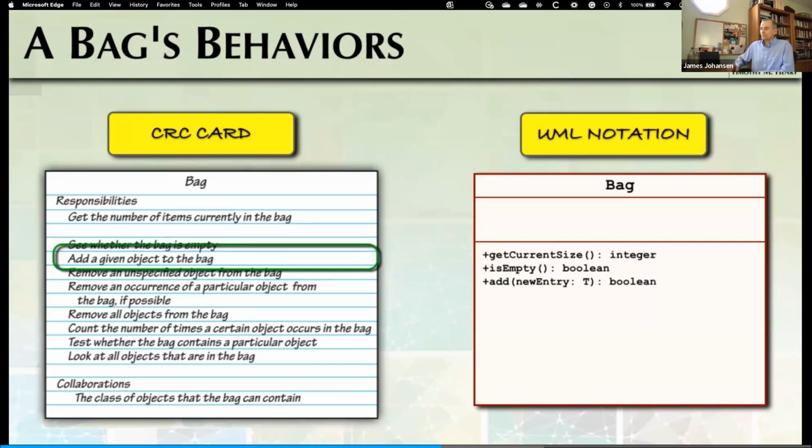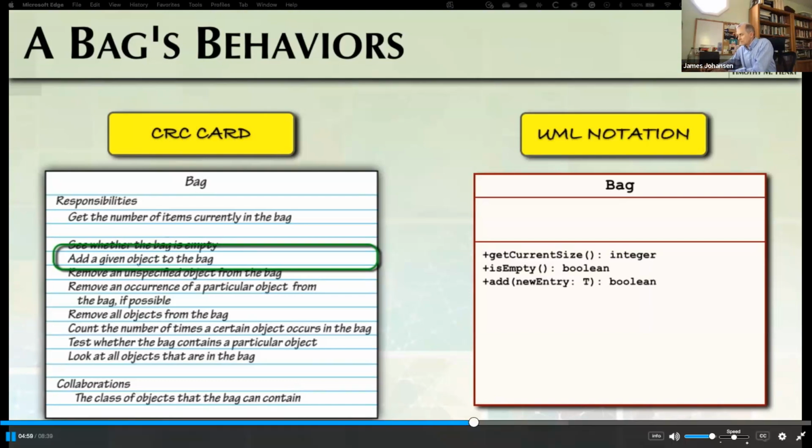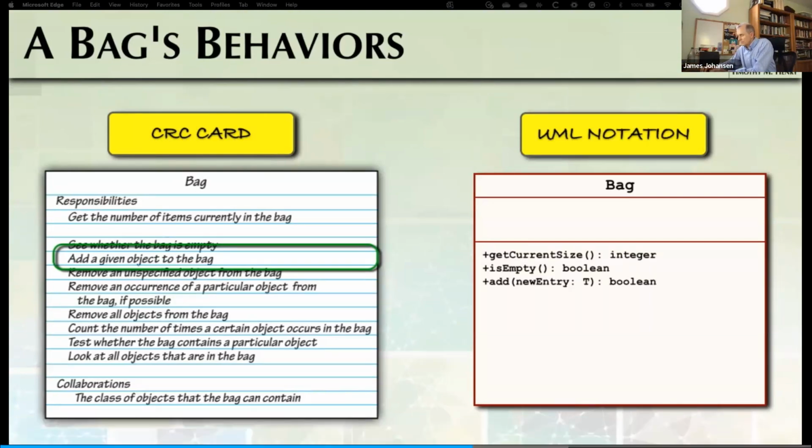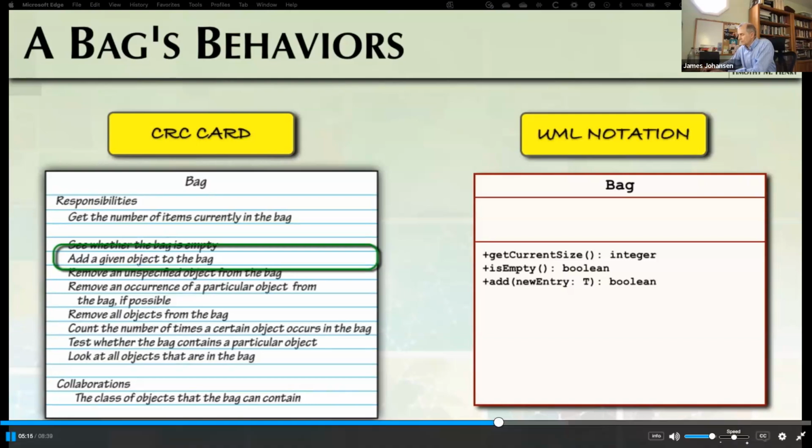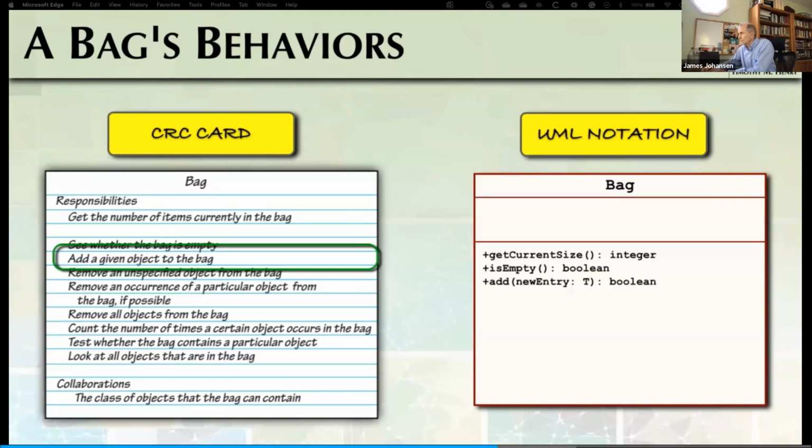First, we could do nothing. We cannot add another item, so we ignore it and leave the bag unchanged. Second, we can leave the bag unchanged, but signal the client that the addition is impossible. The first option is easy, but it leaves the client wondering what happened. The second option is a better one, and it is easy to specify and implement. Displaying an error message is not a good choice since a class should let a client manage all written output. Since adding an item is either successful or not, we could simply have the method return a Boolean value at this time. Later, we'll examine using exceptions to notify the client.